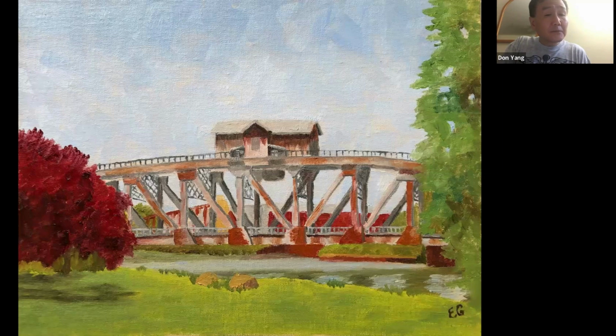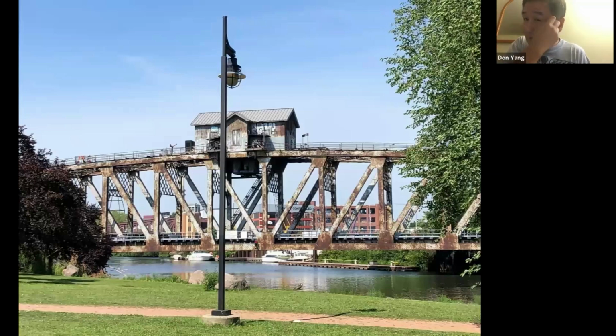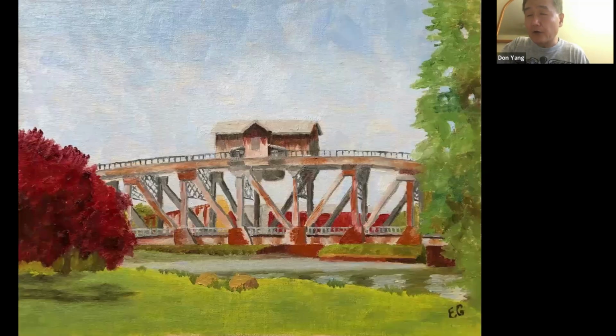What else here? Oh, the bridge. You can see the vertical aspect of the bridge in the background, they are deep in shadow, and she treated them with a very gray appearance. But I would have lightened the values while maintaining the grayness, because that value, especially right below the edge of the bottom of the house, seems a little too forceful.